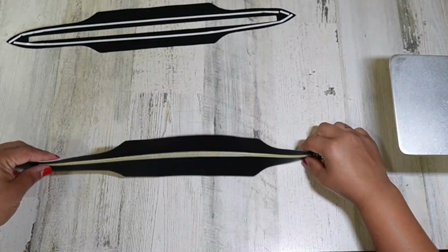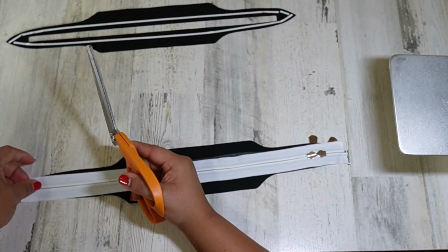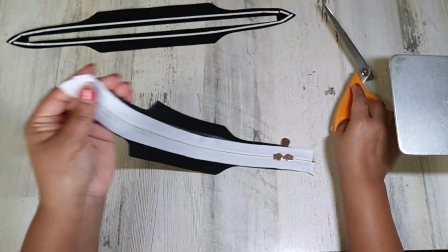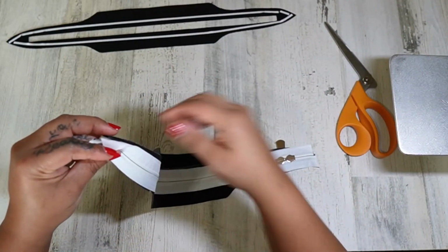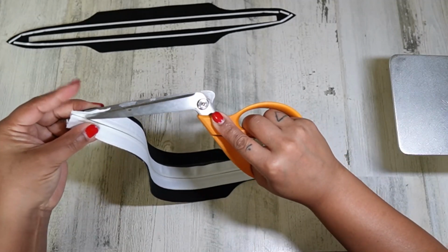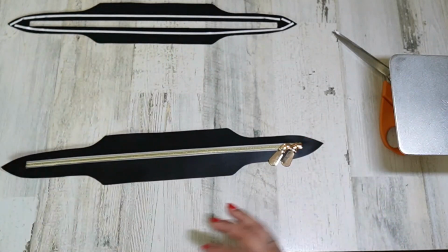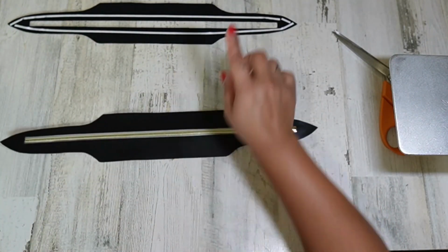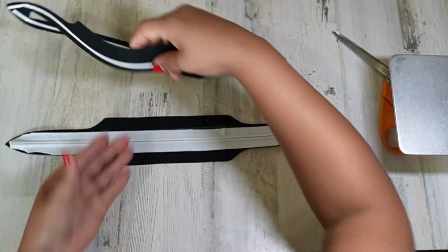Once I've got that attached, I'm going to flip it over and trim down my zipper. I didn't do that earlier. You could have done it when you first cut your zipper. I didn't because I just didn't. All right, and once we have that on, we're going to go ahead and get the other side attached. So I'm going to flip that over,